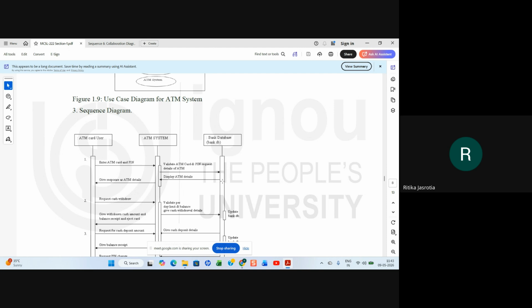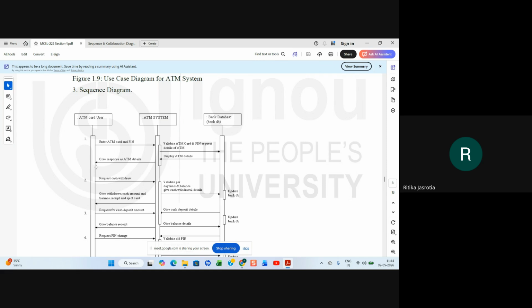It sends a message to the database to validate whether the ATM card and PIN are correct. Then the details are displayed to the ATM system that they are correct, right? If they are correct, then appropriate response is given to the user, right? Give response as ATM details, and then you have to select the options, right? So the user is selecting request cash withdrawal. So validate per day limit and balance, give cash withdrawal details.